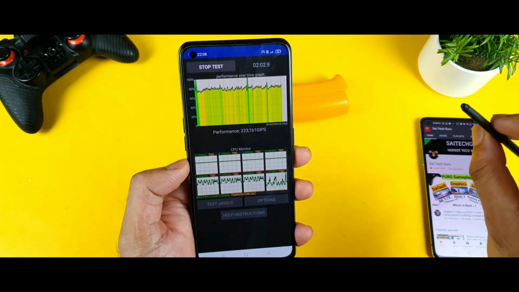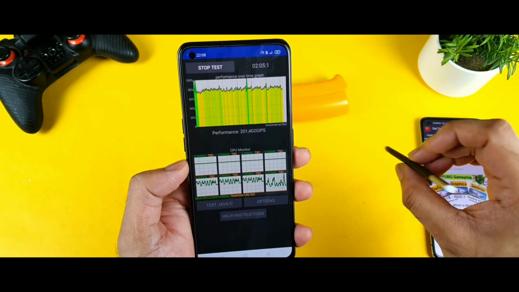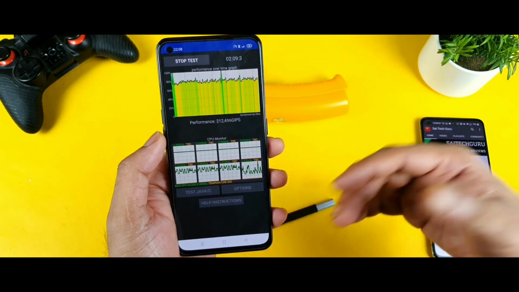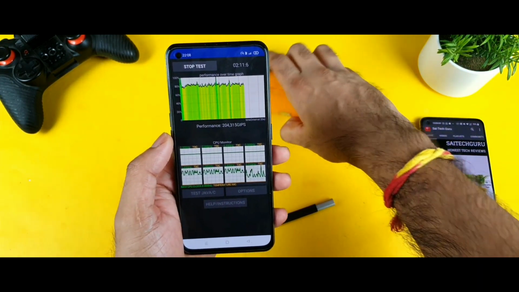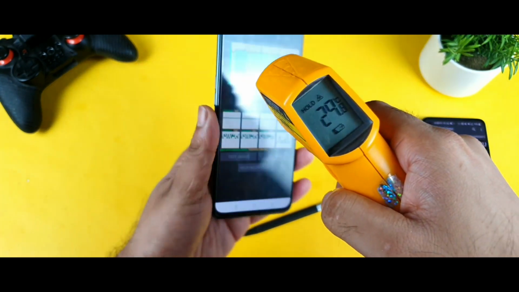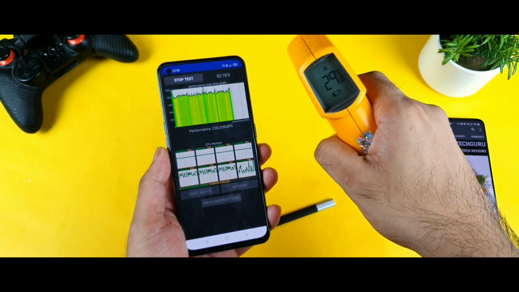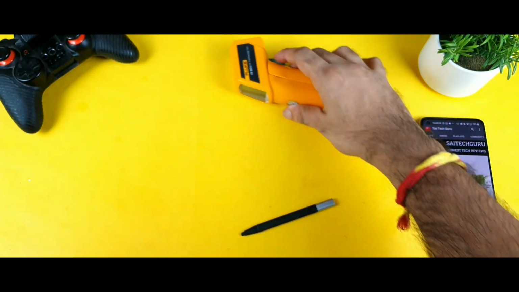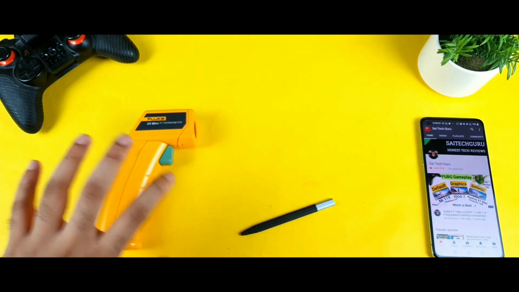Just out of curiosity only I'm trying to do this kind of testing, friends. So that is the reason. Again I'll be back maybe after close to 10 minutes, so then we will be able to discuss it in more detail. Meanwhile the temperature is 35 degrees, not bad. My room temperature is pretty low, only 29 degrees, as you can see, not more than that. Now let me keep the phone aside again. I'll be back after some time.